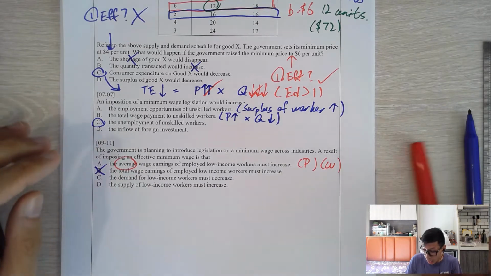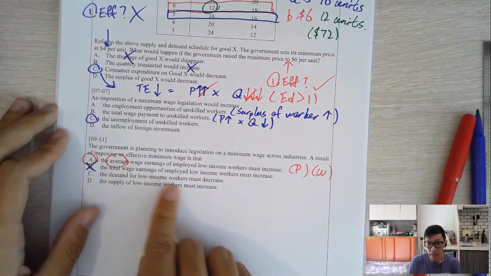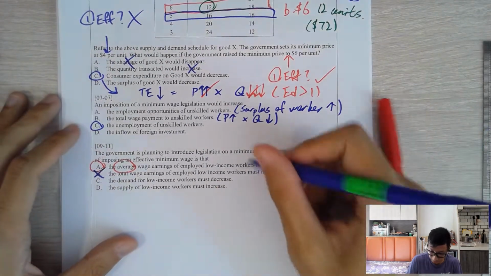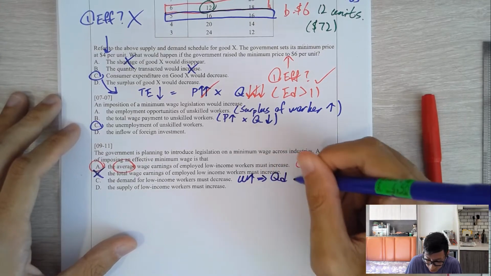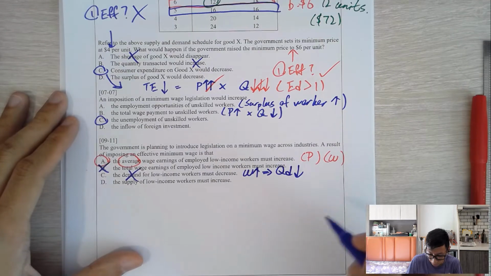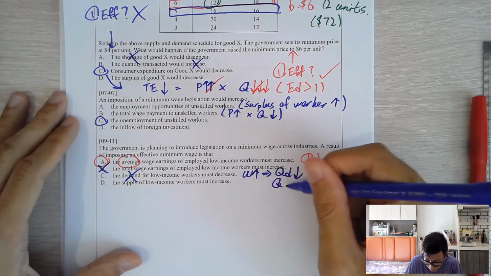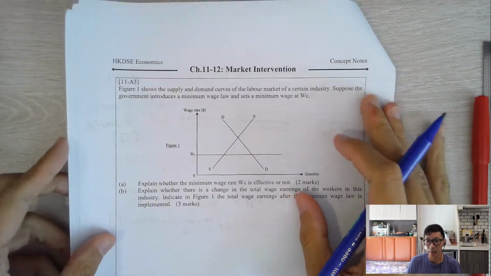Therefore, the average must increase. True. OK，好啦，demand must decrease 唔係啊，wage increase。QD decreases 係 quantity demand 會跌啦，supply 一樣啦，the quantity supplied would increase。CD 都錯啊，唔解啦。